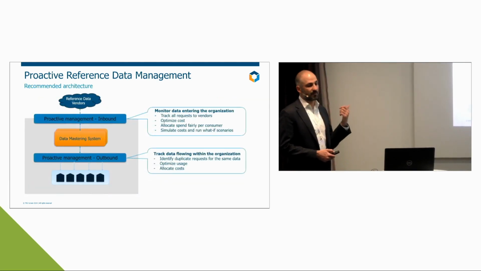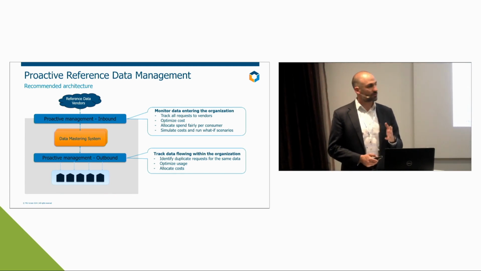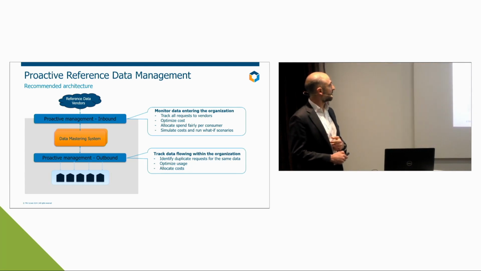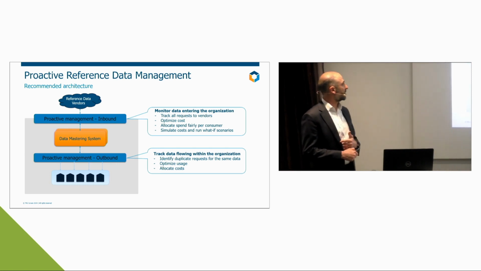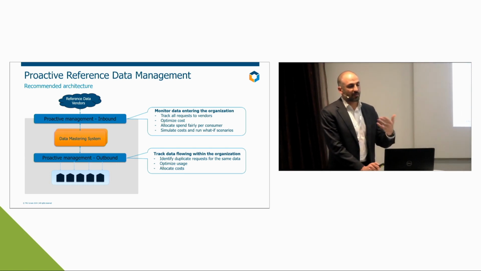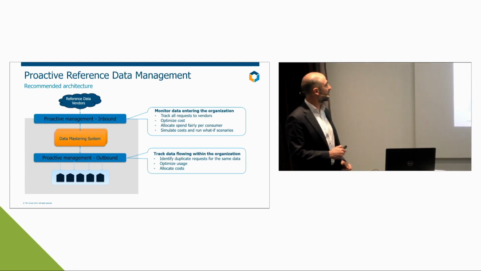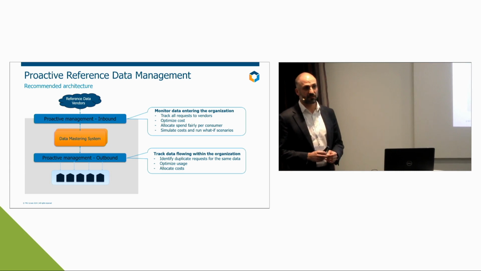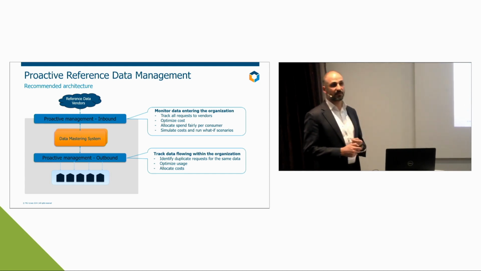One more thing before we talk about the use cases: we have what we call recommended architectures for data. These are the different data sources, vendors that sit outside your organization. Typically you might have multiple consumers pulling data down from these vendors, and they might distribute it downwards or not. But in a recommended architecture, you will have one or more data mastering systems. This is not data caching. This is data mastering. This is an EDM system.